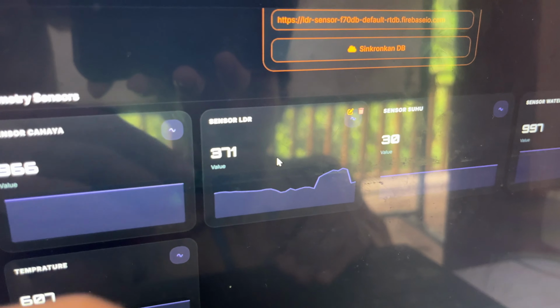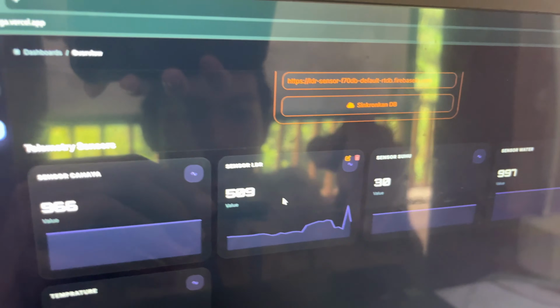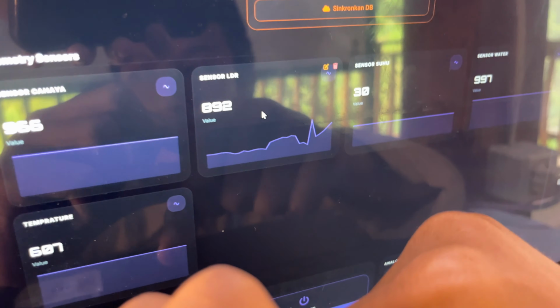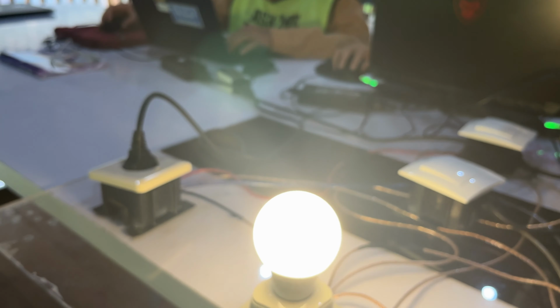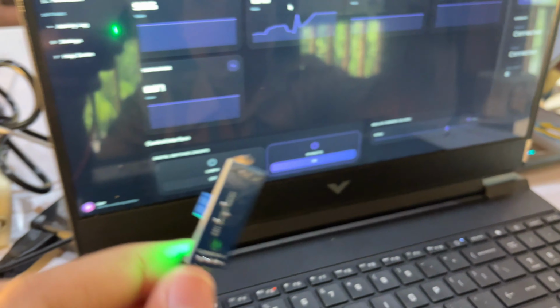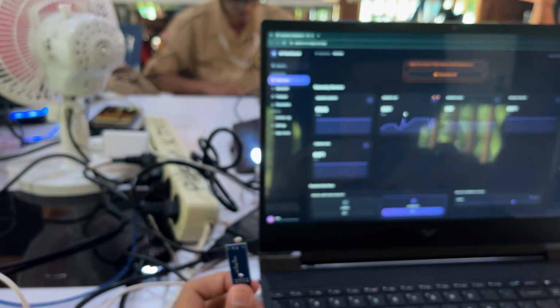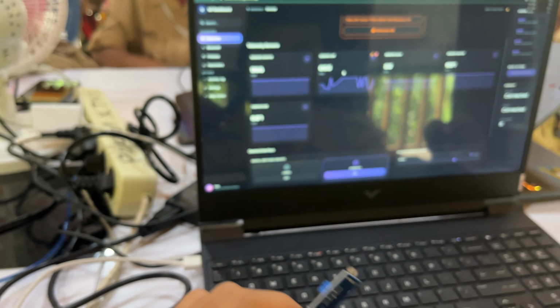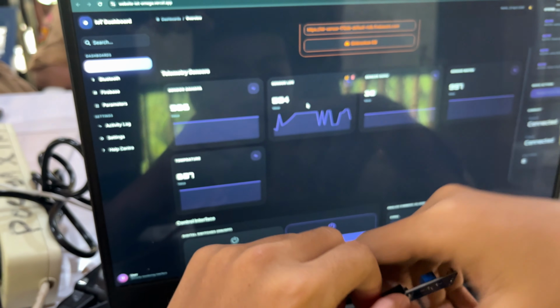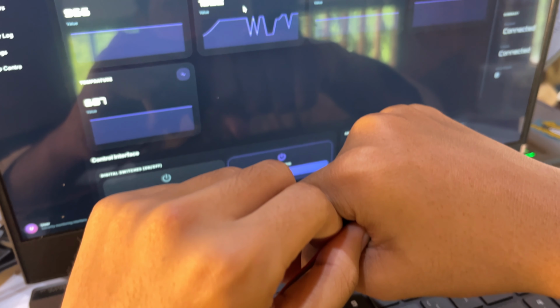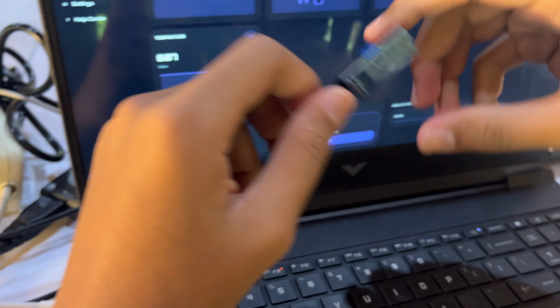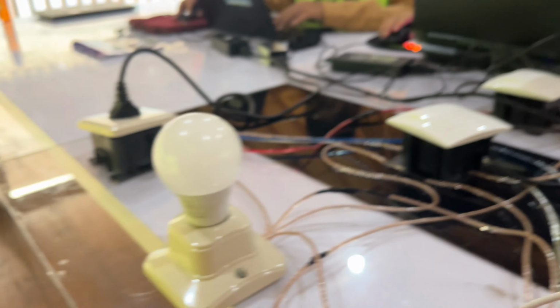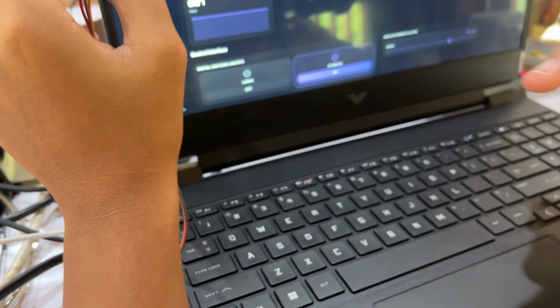If the sensor is made dark, the lamp will be on, and if the sensor is lit, the lamp will be off. So if we make it dark, the sensor will turn on the lamp.